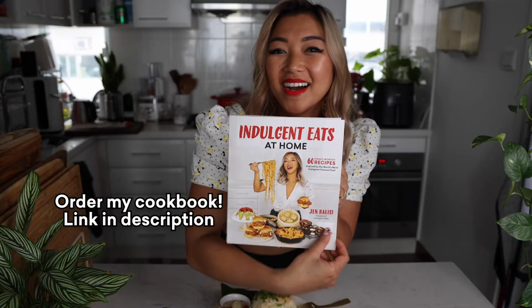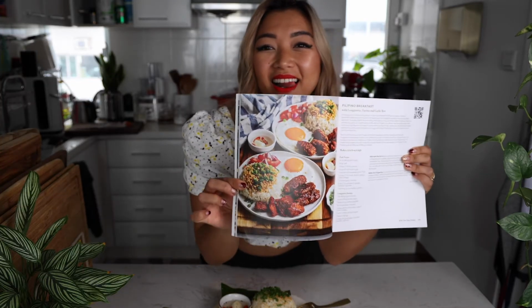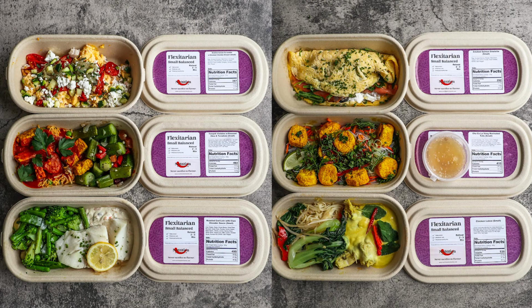It's also great if you're not even on some special diet and you just don't want to have to think about what you're eating. You get the meals delivered to you. There's no mental energy wasted, no physical energy wasted. Especially if you're super busy, it just makes life so much easier. I was able to focus on working on content for my cookbook instead of having to cook some chicken breast and broccoli. It just makes it so much easier,